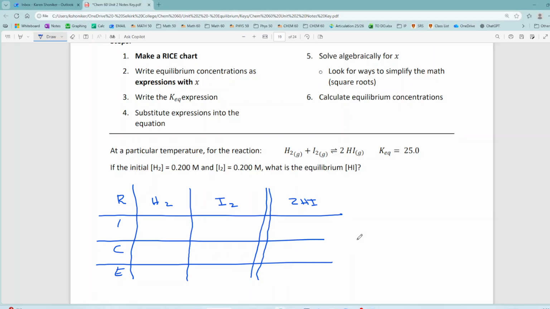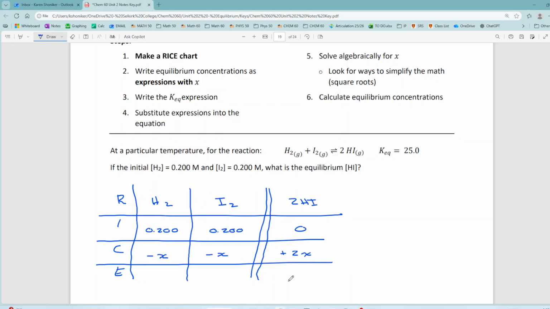So the next thing we're going to do is write equilibrium concentrations as expressions of X. I've skipped a bunch of stuff in there because we've already done type 1. So what's going to happen is they're going to give us initial concentrations. They've given us the initial concentration of hydrogen and iodine, which means that I have no product to start with. We know that these are going to change according to their mole-to-mole ratios. So because I'm starting with hydrogen and iodine, these are both going to go down, and then I'm going to produce product. Now for my mole-to-mole ratio, these are going to go down by 1x,